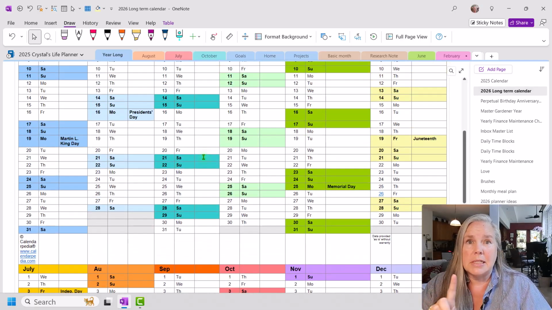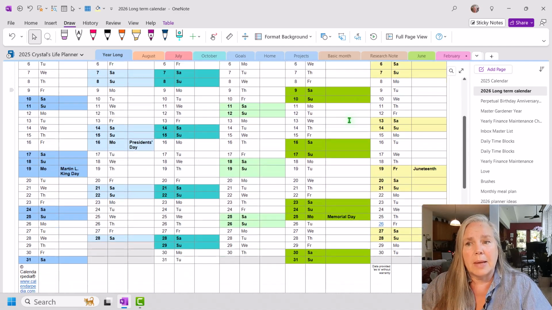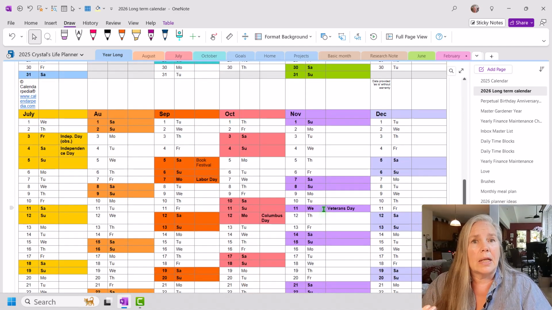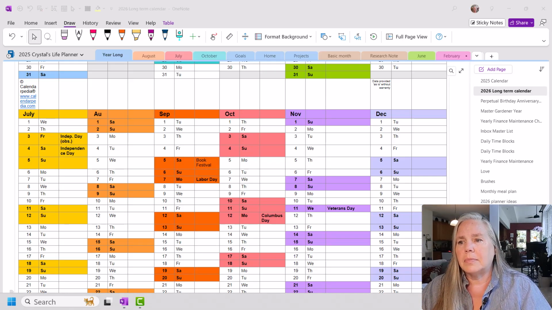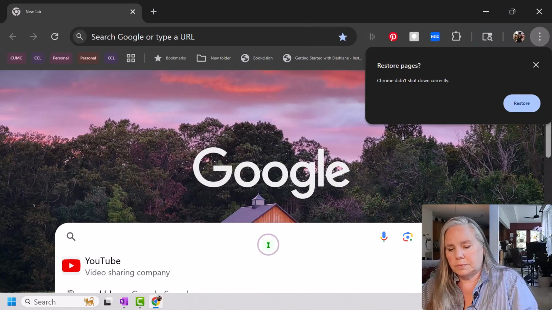Now, sometimes it's very good to put a link with things like I have a link here. So if I wanted to put a link for that book festival, it would be a good idea to go out to Google and get that link for the book festival and add it to this wording. So all I would need to do here is book festival. Actually, let me go out and get the link really quickly. And we'll do book festival.